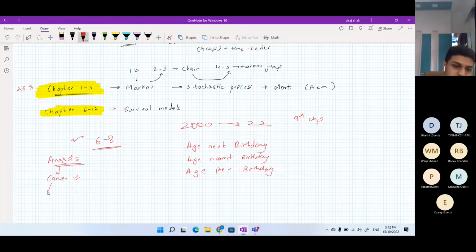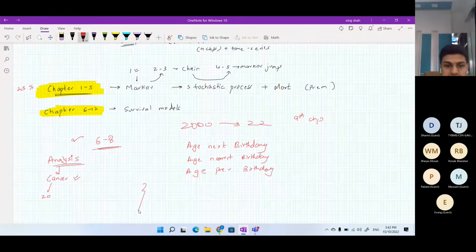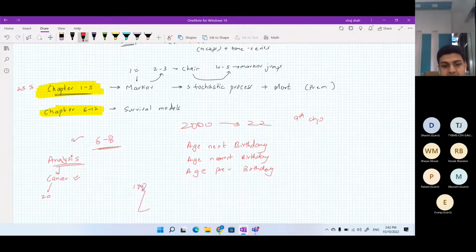So you run a test on around 20 people over a 1 year time, and you basically view what is happening, how the situation is, and whether it is improving or not. Suppose in 2 months time, two people die. In 4 months time, one person leaves the survey. And in 1 year time, three more people die.